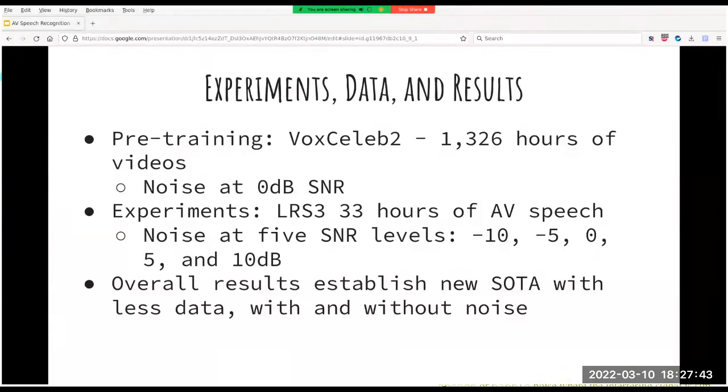Or if it goes into the negative direction, then the guitar sound is, let's say if it's negative 10 dB, then it's 10 dB louder than whatever the person is saying. So it's a harder condition. And for the experiments, they use this